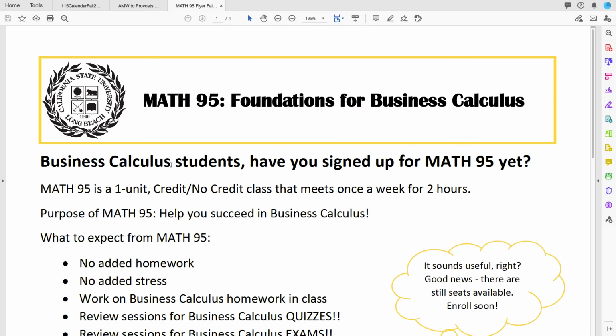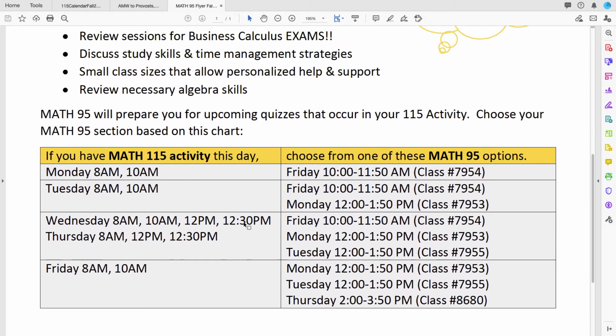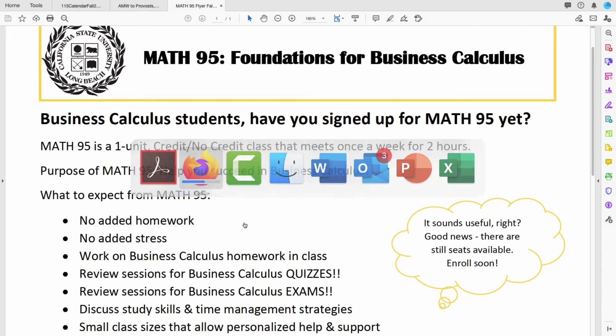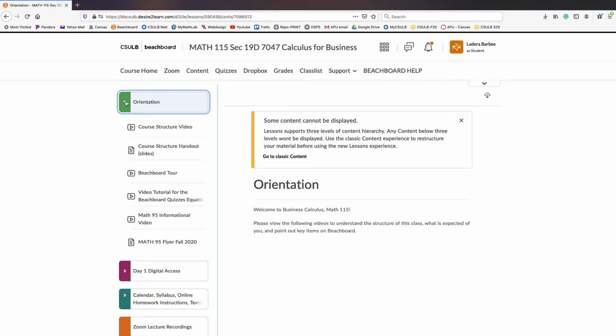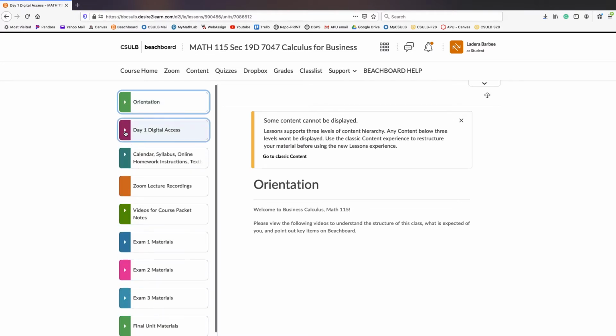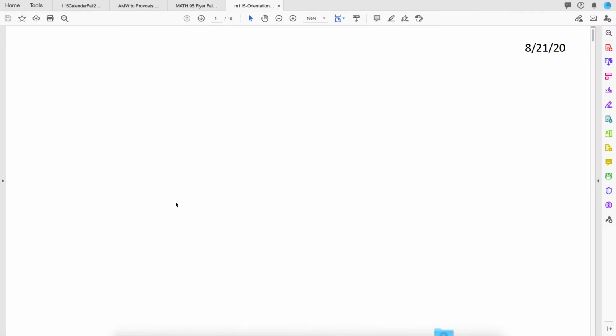Okay, I opened the flyer. Here it is. But anyways, Math 95 is optional, but it's an awesome extra 2 hours of time you can spend getting even more successful in the class. Day 1 digital, your instructor will be talking to you about on the first day of class. But this is the case where Alex and WebAssign, the 2 online homework programs you'll be working with,